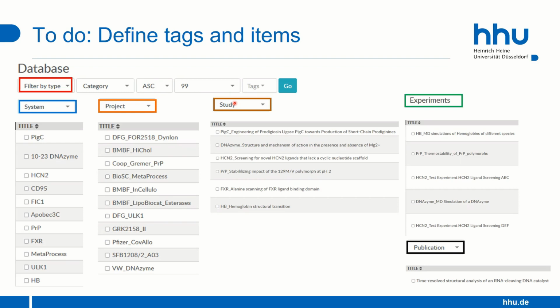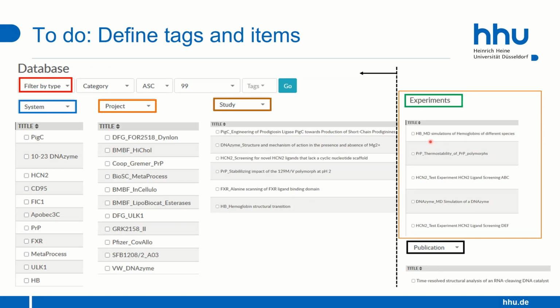I should say that these definitions should be well thought through, because they at the end determine the entire, let's say, hierarchy that we have then in eLabFTW. This is something that you have to prepare. The part on the right side is what you then have to work on as a scientist. You have to essentially describe your experiments and store your data or link your data to the respective experiments.